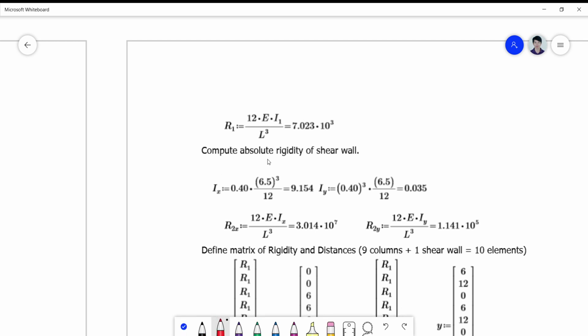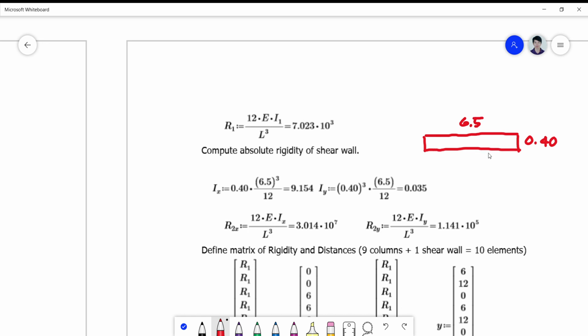So if you are going to look at the shear wall now, my shear wall is actually directed in this manner. So this is the 6.5, and this is the 0.40 dimension,